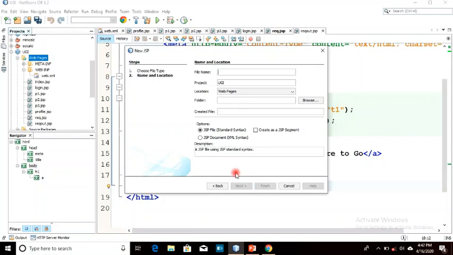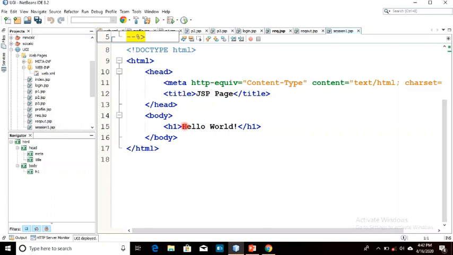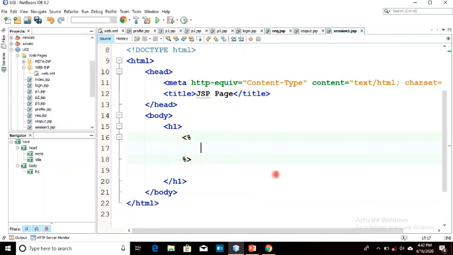The name of the web page is session1. Finish it. Now here I have to write a JSP code. So suppose I have declared a variable of string type, string un, and here I have to declare.